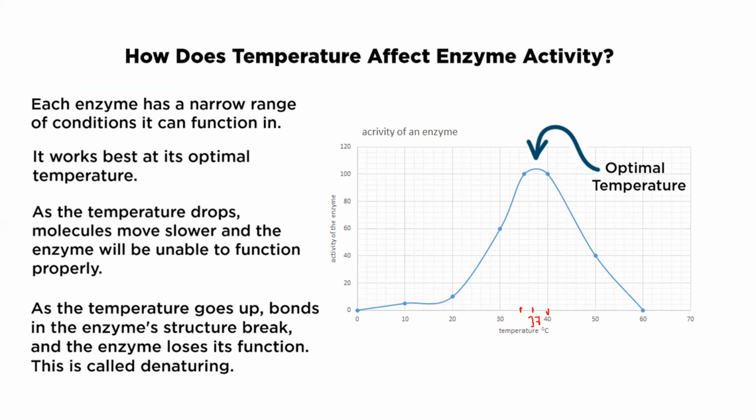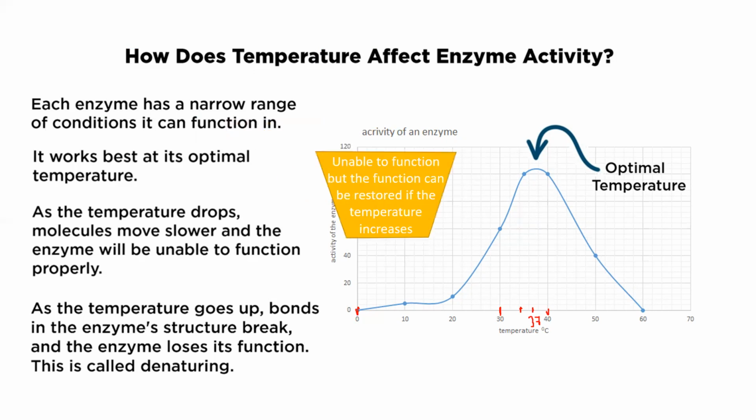Now, the important idea is that before this temperature, yani at low temperatures, the enzyme will be unable to function properly. Why? Because molecules move slower at low temperature, yani here between 0 and 30. So the enzyme, as you can see, has a lower activity. Now, but